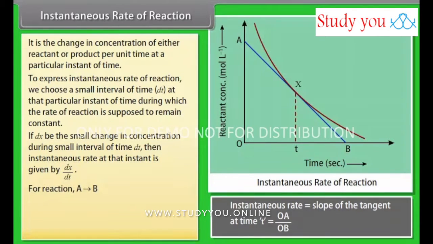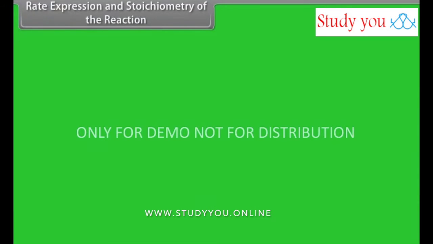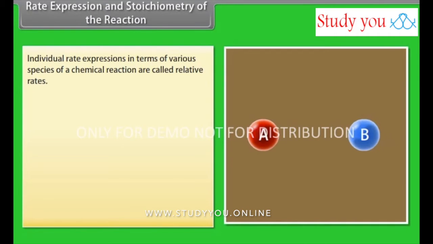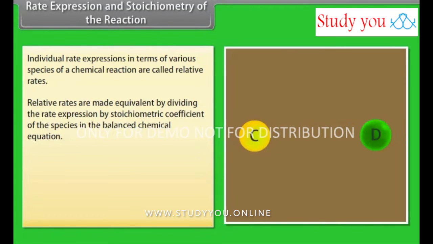For a reaction in which A tends to B, instantaneous rate is equal to dB by dt. Rate expression and stoichiometry of the reaction. Individual rate expressions in terms of various species of a chemical reaction are called relative rates. Relative rates are made equivalent by dividing the rate expression by stoichiometric coefficient of the species in the balanced chemical